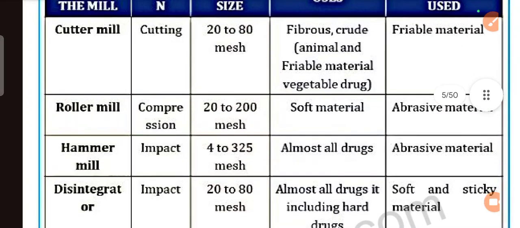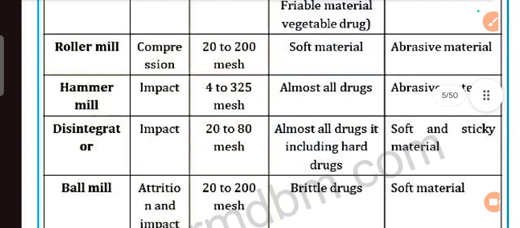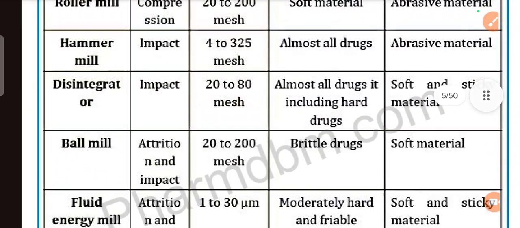Roller mill: compression, 20 to 200 mesh. Soft material, abrasive material. Hammer mill: impact, 4 to 325 mesh. Almost all drugs, abrasive material. Disintegrator and